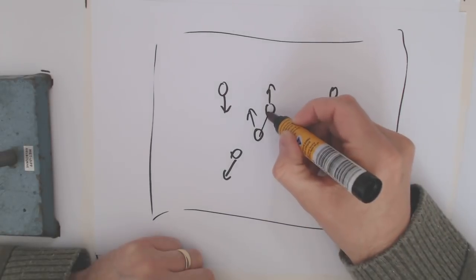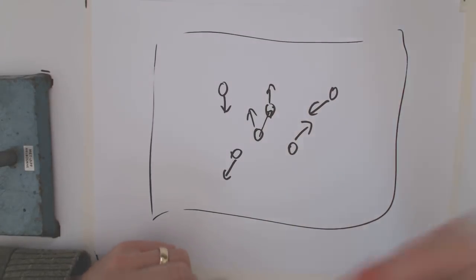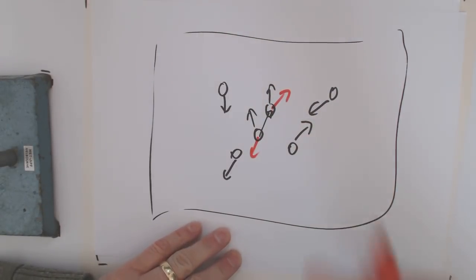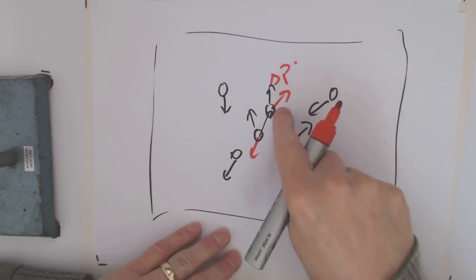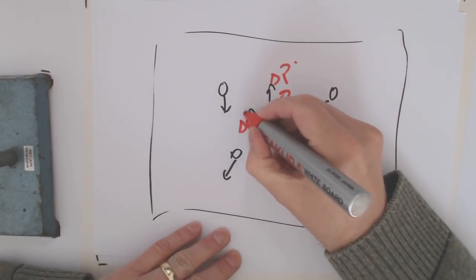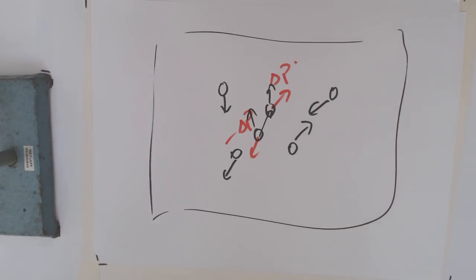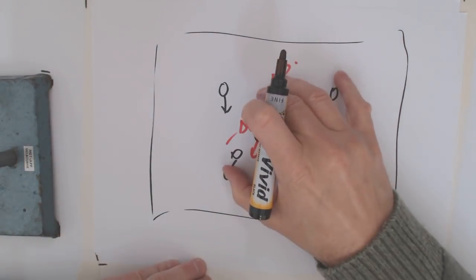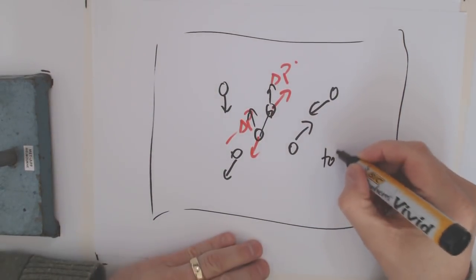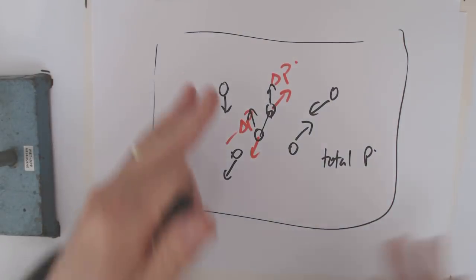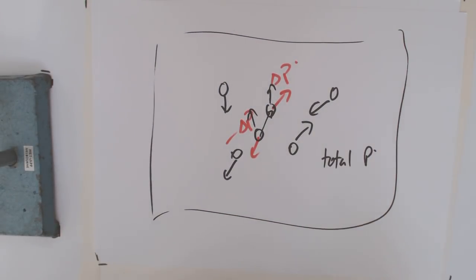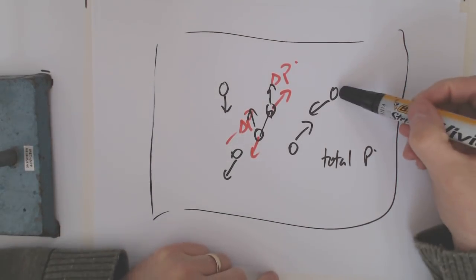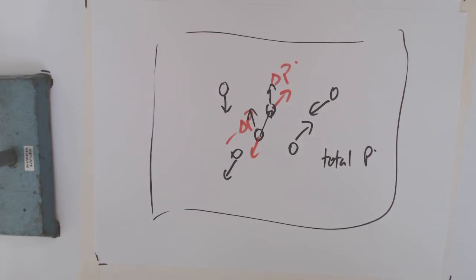So when this one hits that one, it might cause a force on that one, like that. There's going to be an equal and opposite force on this one. So there will be a change in momentum on this little guy, but there'll be an equal and opposite change in momentum on the other guy. So if we added up all the momentum, if we could stop time and add up all the momentum here, we would have a total momentum. And no matter how much these little guys smack into each other, they're never going to lose that total momentum. They'll change their momentums, but they're sort of swapping little bits of momentum.